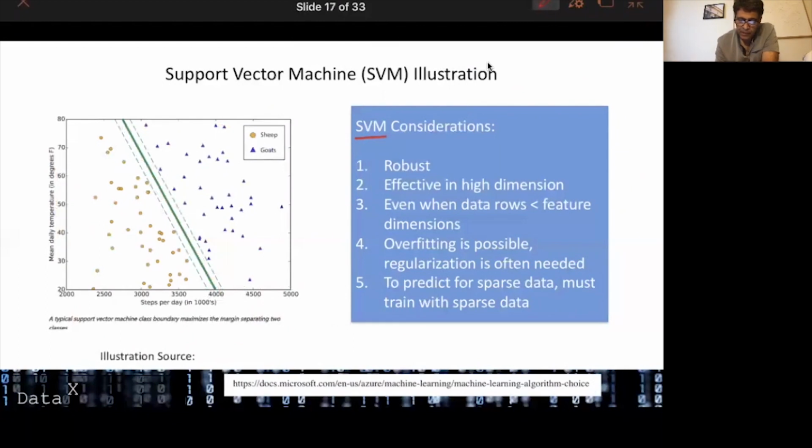It's a very popular classification algorithm. And the reason why it's so popular is, first of all, it's very robust. That means you can get reasonably good predictions even when you don't have very much data. In other words, in cases where you have sparse data,